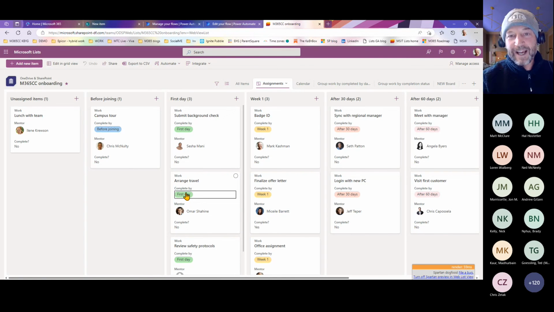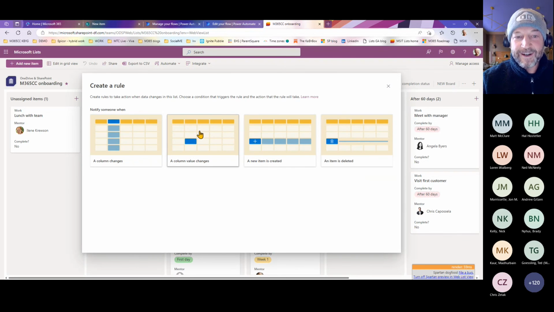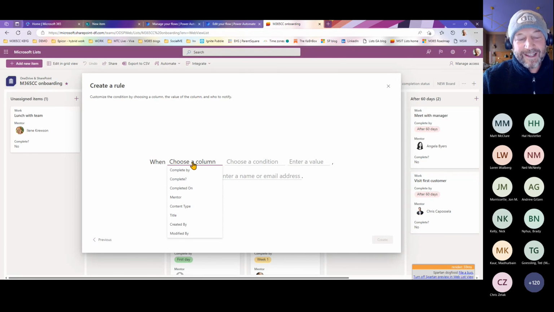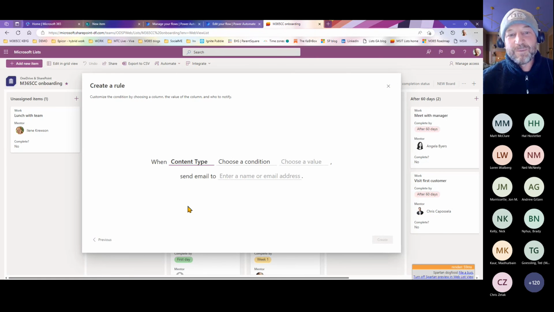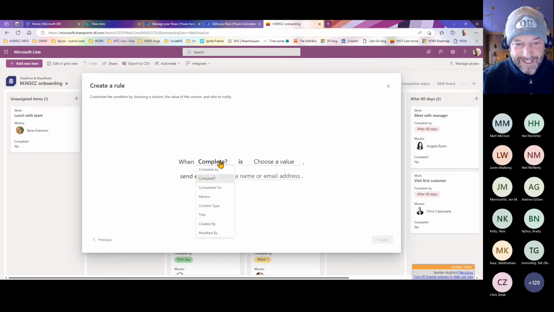So we've got gallery view, calendar view, this and that. But what happens when things change? If I go into the automate menu, hit rules, and then create a rule, the scenario I'll show you, the one that looks the most vivid, is when a column changes. We'll use that same thing I just did manually, moving things around in board view between those different buckets. When the content type is, oops, sorry, it's not content type, when it is complete is,